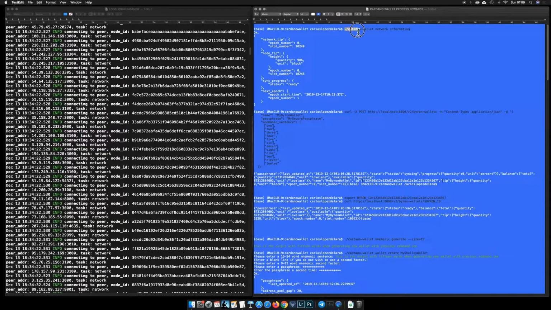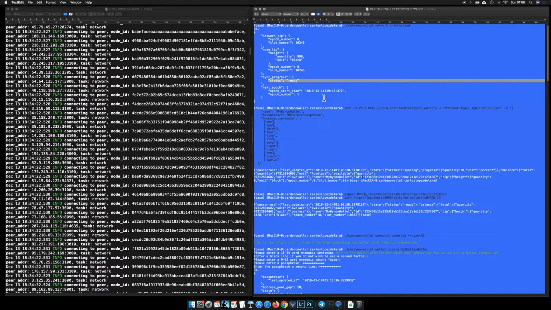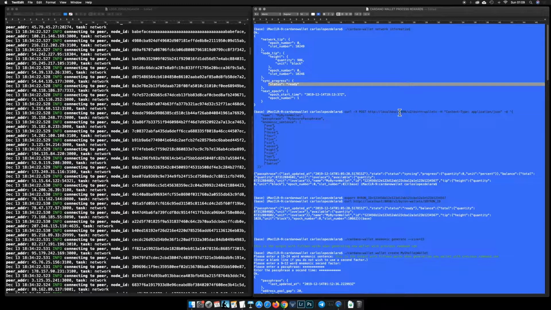use this command, ./cardano-wallet network information, to see how things were going, if I was syncing properly, if everything was running well with my software, and it was, right? After this command, this is the output, and this output tells you sync progress, status ready. Okay, so it was quick. I got synced very easily, and the next thing you have to do is to